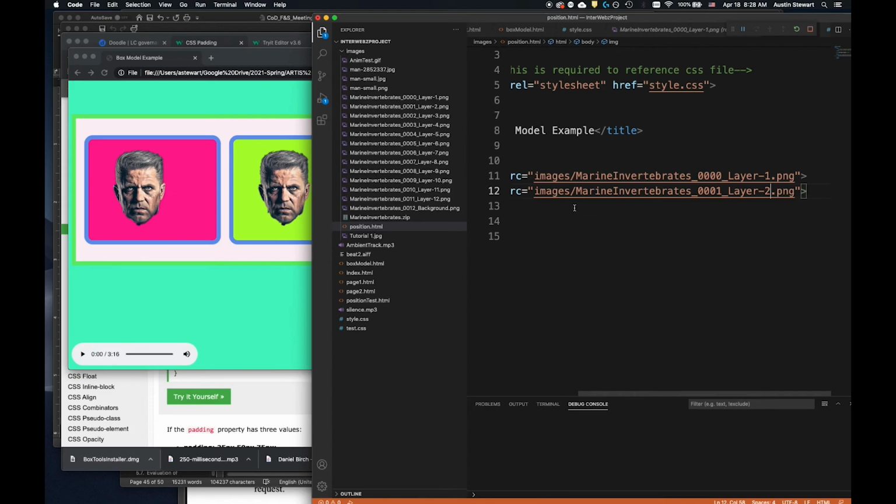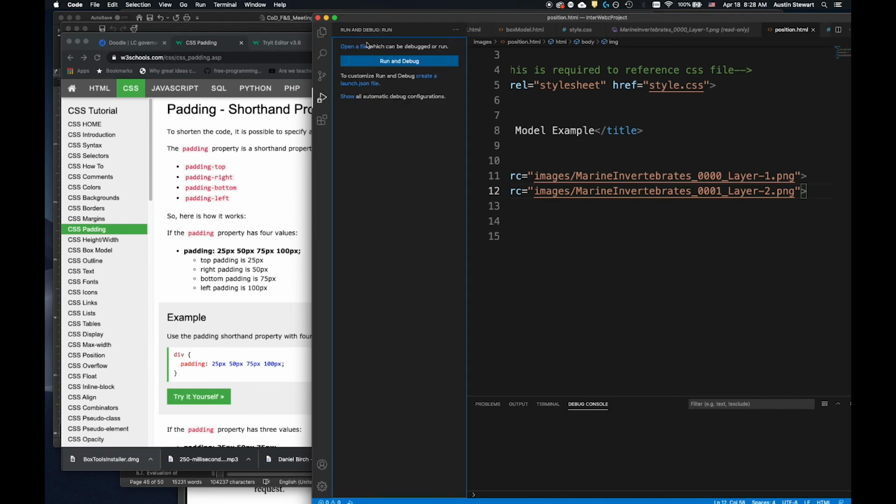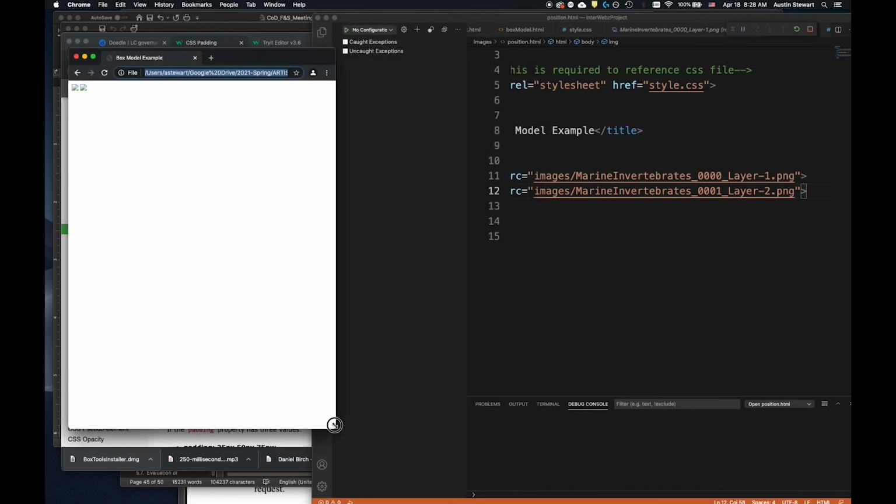I'm going to save this. I don't know if restart is going to, no, it just updates the one that's already there. So I'm going to hit stop. I'm going to come over here, select this, and do the run and debug. I wish it would just go a little bit different than that, but whatever. Okay, so these images are broken. Why are my images